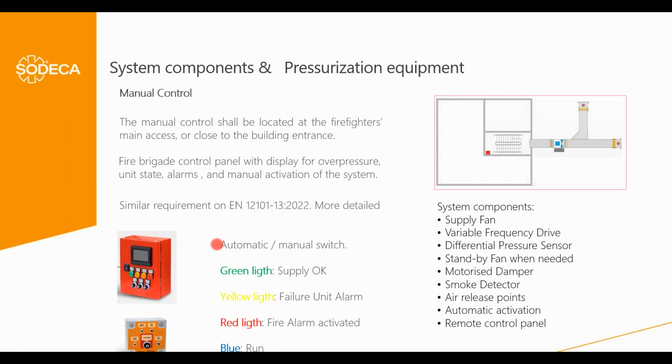And they need indicators: green light when the system is ready to be operated, when it is fed with energy; red light when the system receives the fire alarm from the fire protection system; blue when the system starts operating; and yellow if there is a failure. This is a simple manual control for firefighters for simple pressure differential kits that we also have, and this is the manual control for the Kitbox PDS and the Kitbox PDS Smart, that has a touchable screen